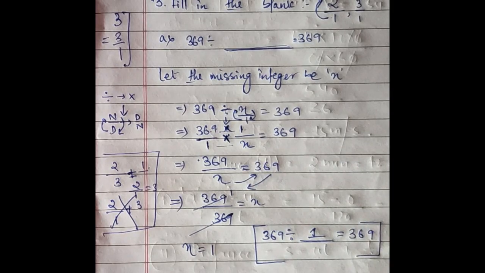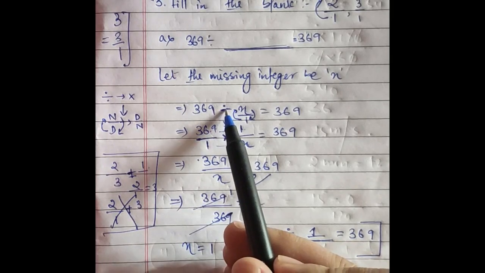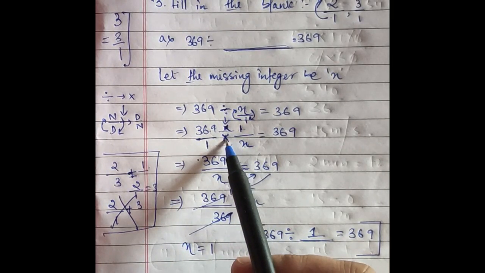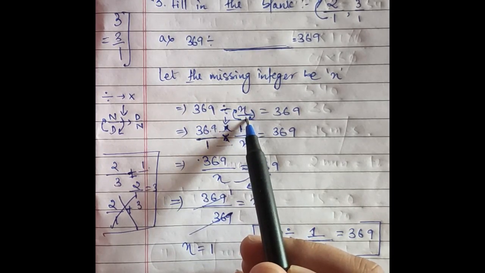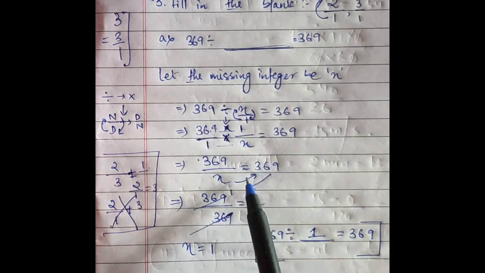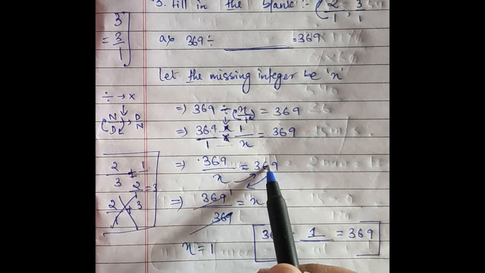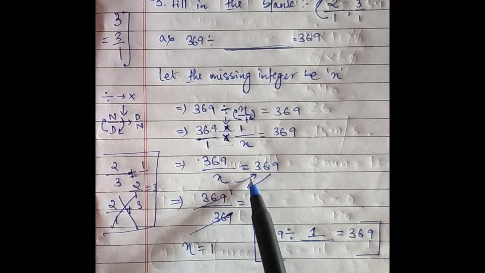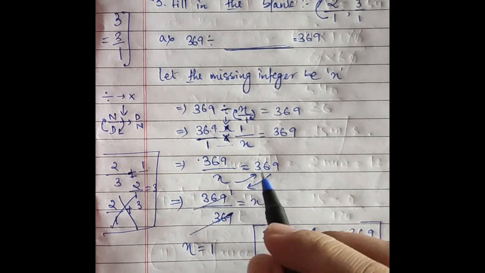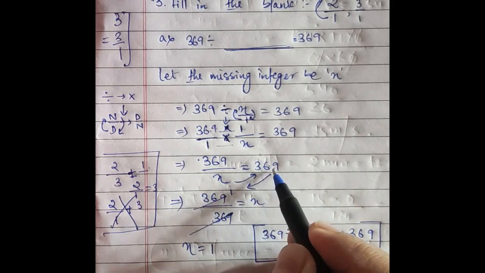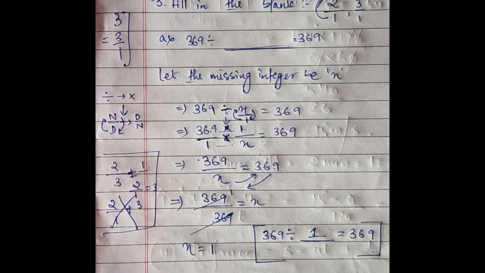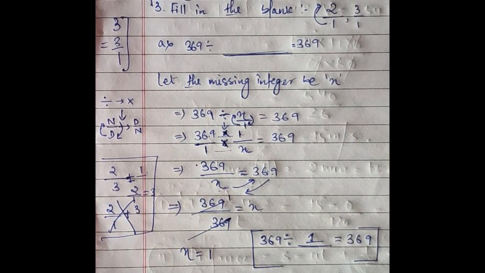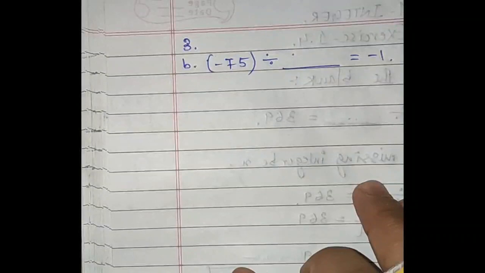Alright. So using this method, using the concept of conversion of division into multiplication, and the interchanging of numerator into denominator, denominator into numerator, and here interchanging, x can be brought up outside of the equal to sign, and 369 I can bring down as a denominator there. Alright, we can do this, and using this concept we are going to solve further sums. Okay, let us solve number B.